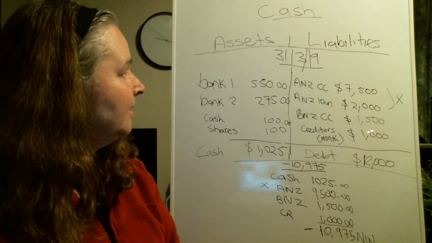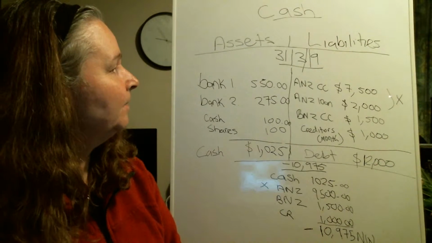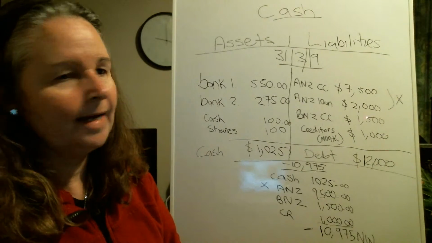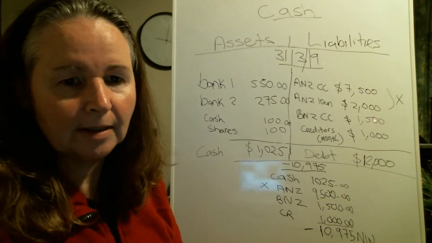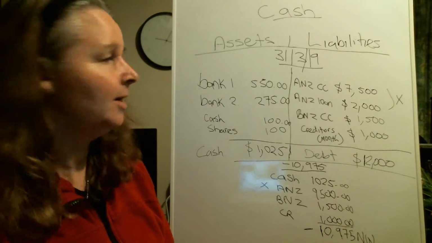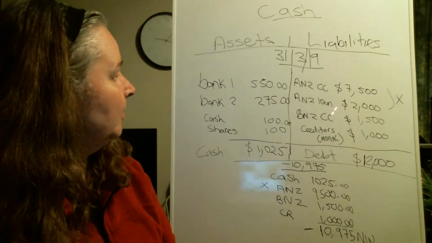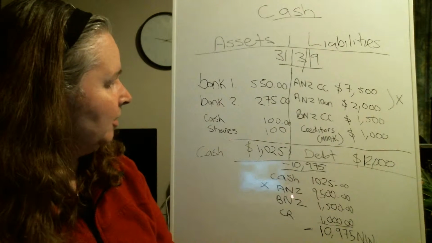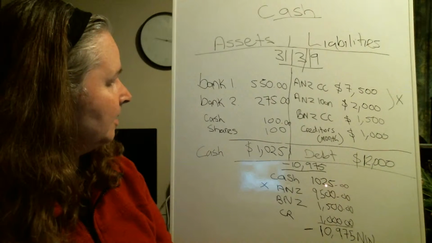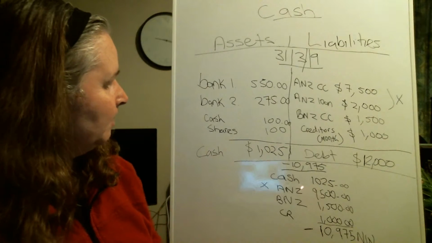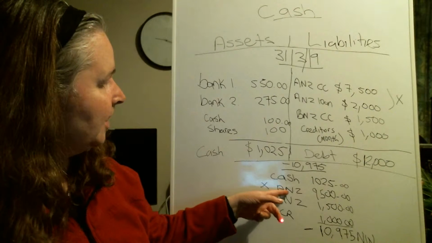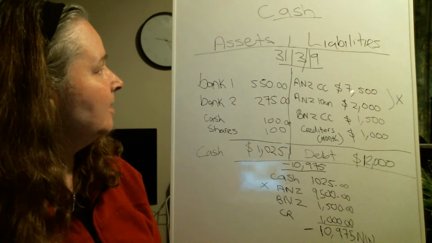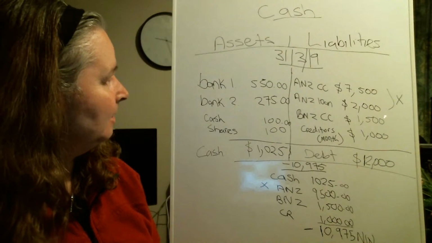Now, the second part of this: what you notice here is I've put a bracket and a cross next to the ANZ payment. I hope you can see this okay. Down below, I've got a summary of the cash, which is the 1,025, and this is part of where the magic is. I've only got one entry for ANZ, and that is these two amounts added together, which give me